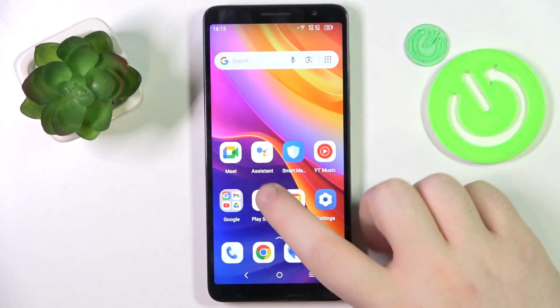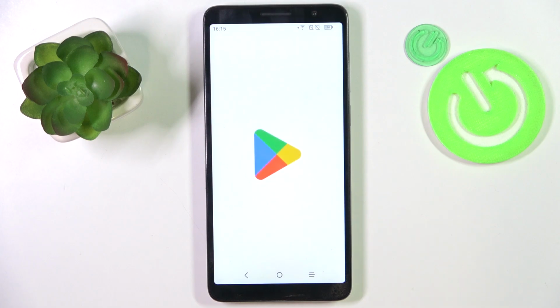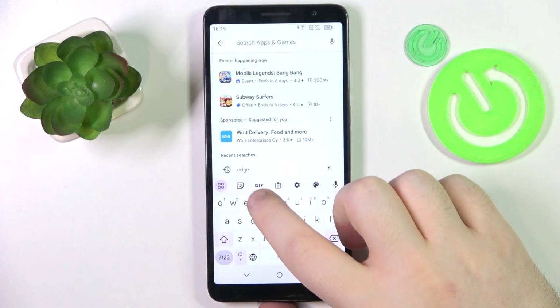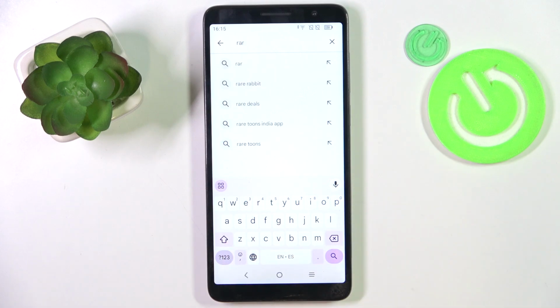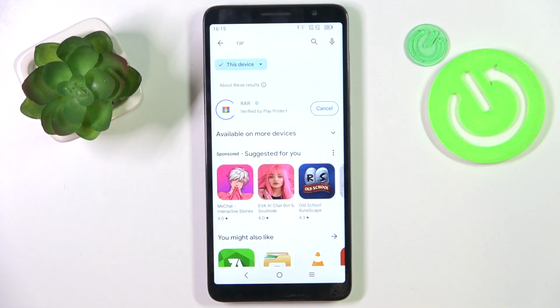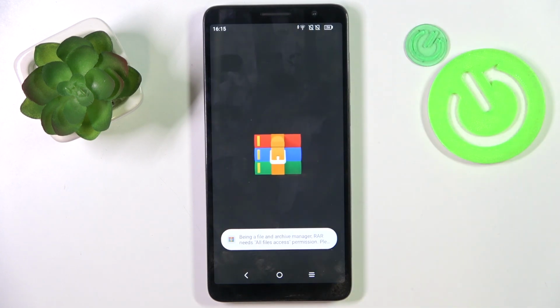So you have to start by opening your Google Play Store and now click on the search bar and type in RAR and click search, and now you can click install. Now you can click open,